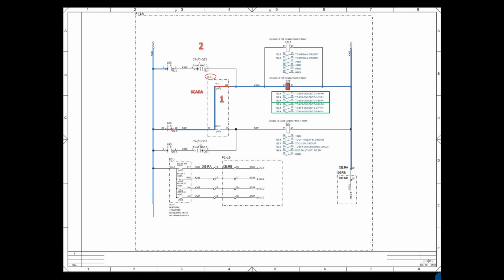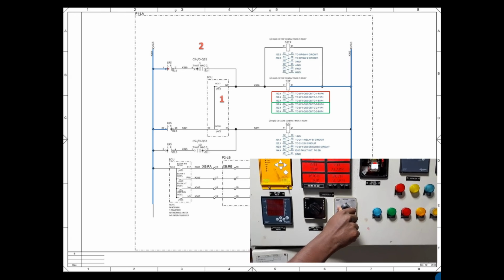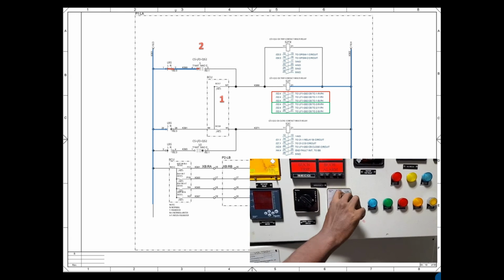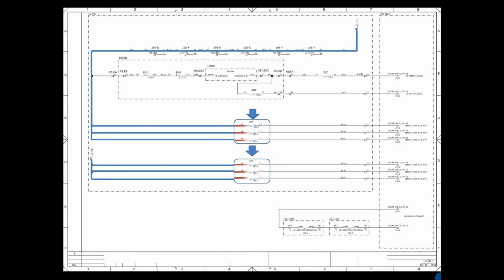By this schematic, there is another way also possible to open the breaker: by changing the local remote switch to local and issuing open command by the TNC switch. According to this schematic, we have two possible ways of CB opening. Once the 52T gets picked up, it will issue the command to open the breaker.